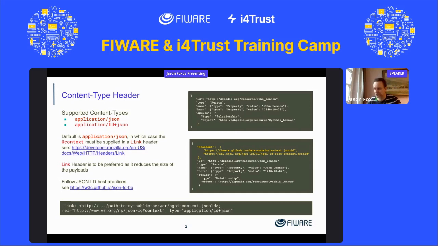If you're using just key values, fine, it'll work anyway, because key values gets rid of all the stuff on the